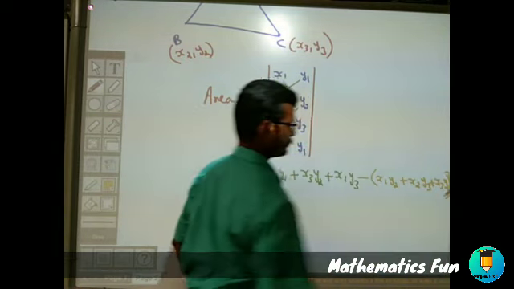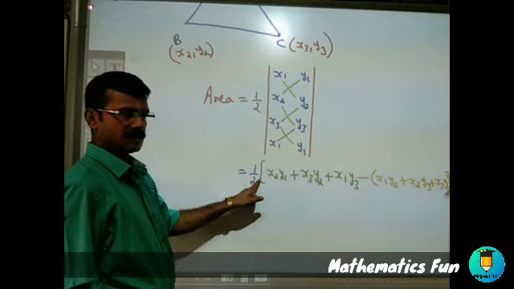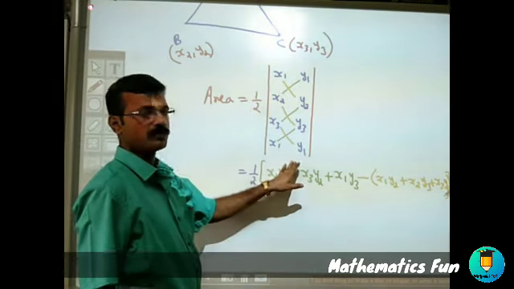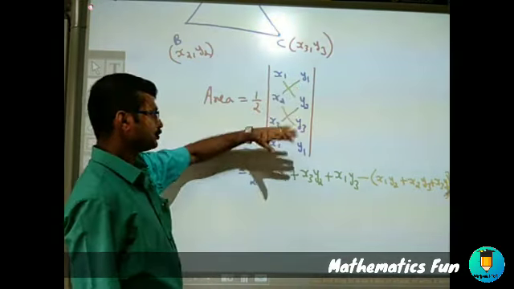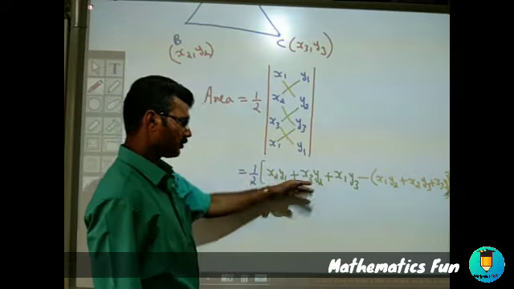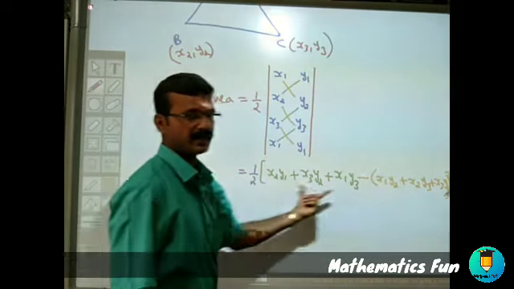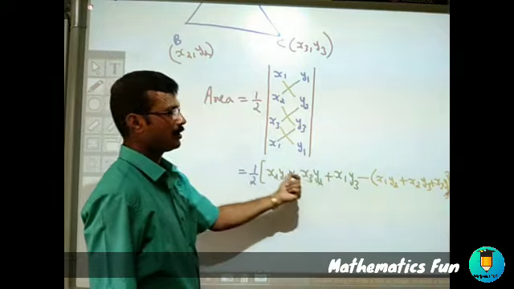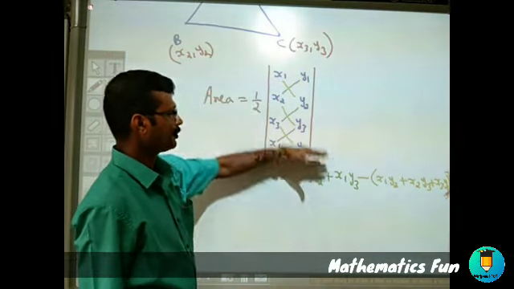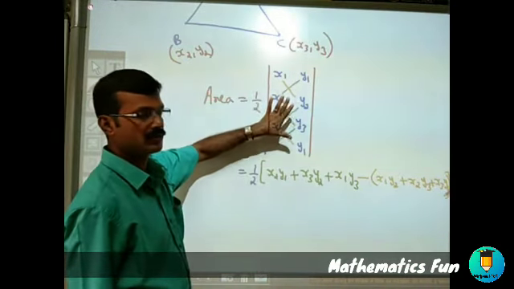Close the bracket. This is the expanded form of this. So either you have to memorize this, or if you want, you can do a little bit of factorizing, some grouping, or not. Either you have to memorize this or you have to memorize this. I feel this will be easy.